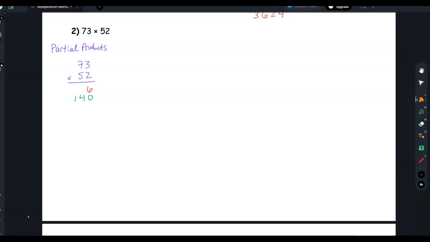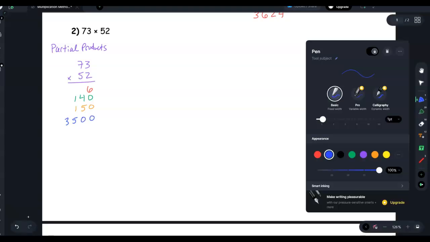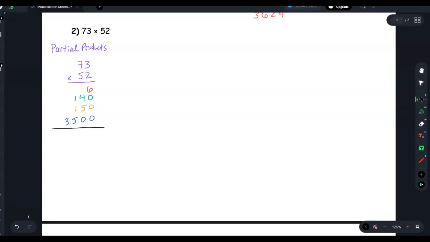Next, I'll do 5 times 3, but that's technically 50 times 3. So that would be 150. And then 50 times 70, so 5 times 7 is 35, so 50 times 70 would be 3,500. And then I'm going to add all that up. So I'm getting 3,796. I'm going to go ahead and show that horizontally as well, and then I'll do the